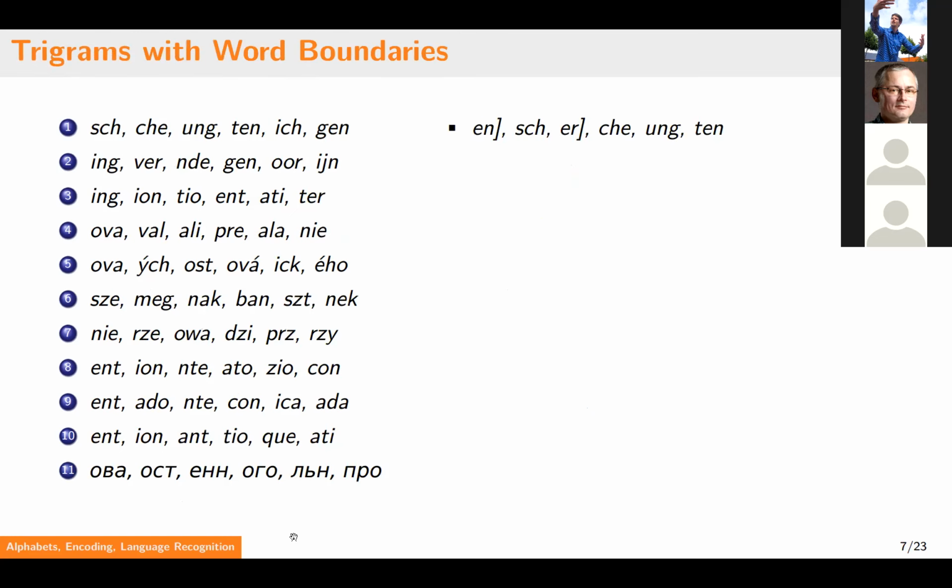Now, there's one more interesting update of this approach, and that's adding word boundaries to the alphabet, because quite often a particular n-gram of characters is frequent at the beginning or at the end of the word, because those are frequent affixes in the language, prefixes or suffixes. So here we see the modification. If I include the word boundaries